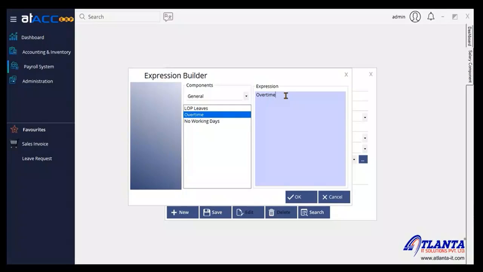So overtime, every time the value here comes in hours, 2 hour, 3 hour, 4 hour, like that. So we have to give an equation like overtime into or multiplied by our rate which we give for overtime per hour. In my case I'm giving 10. So overtime, whether it is 5 hours, 5 multiplied by 10, like that. Okay, so this is